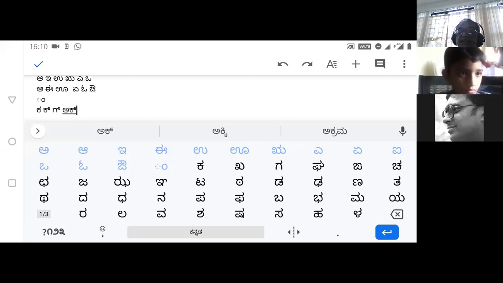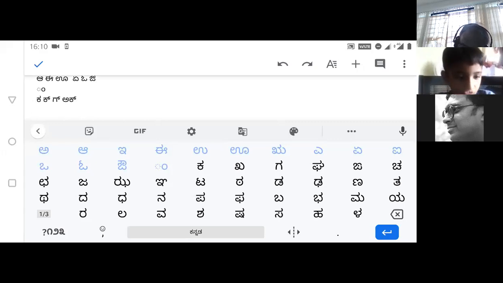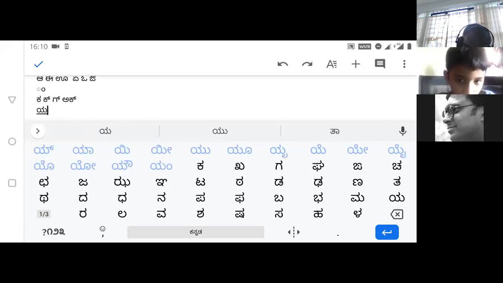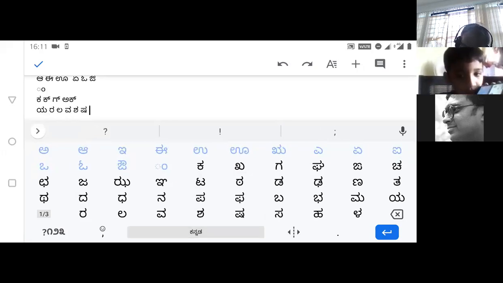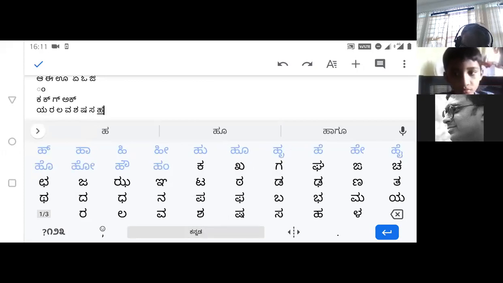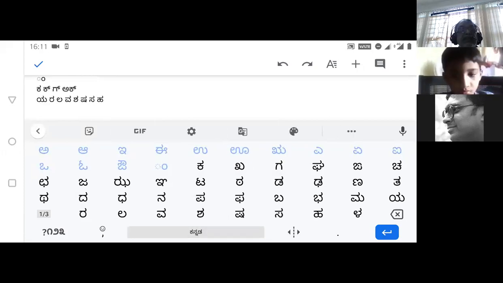Now, similarly, you have after these, the letters which are not grouped into anything, the letters ya, ra, la, va, sha, sha, sa, ha, la.